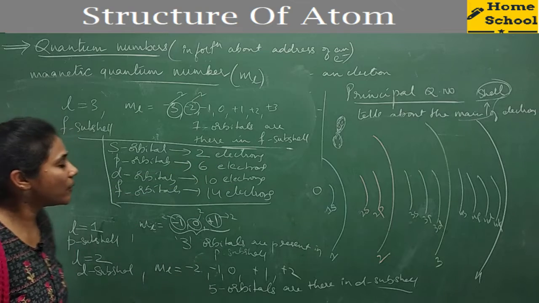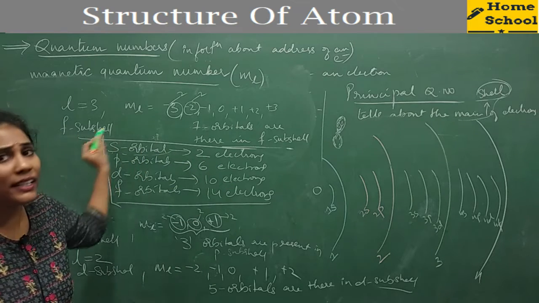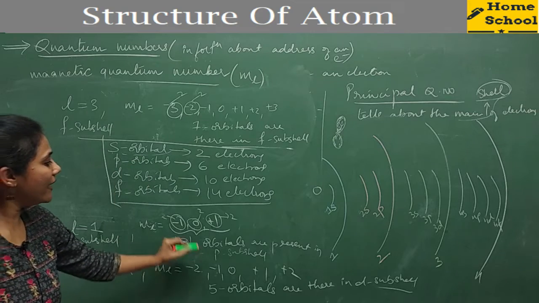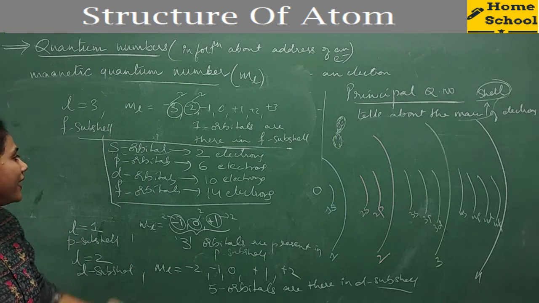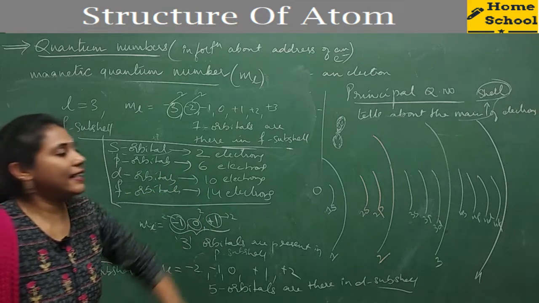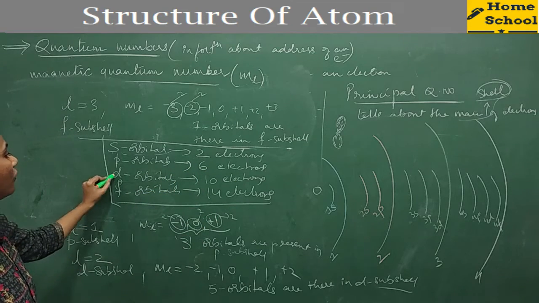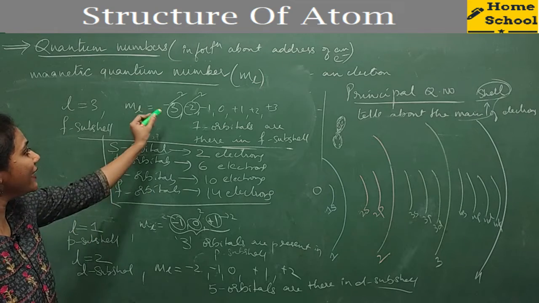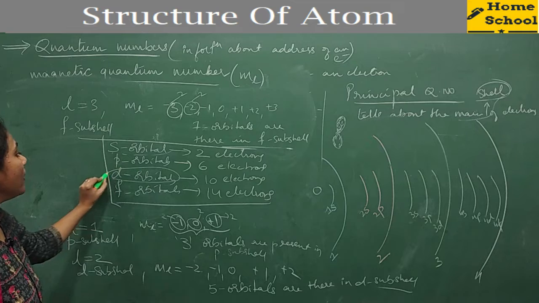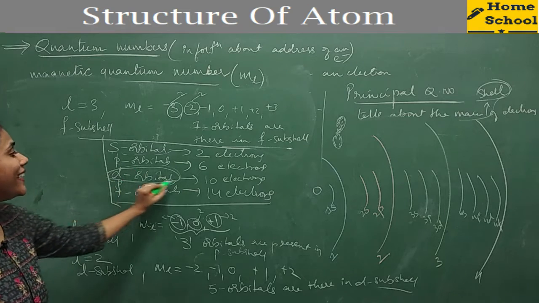So this is how, in one type of orbital, like in the s orbital, only 2 electrons can stay because it is a very small town. In p towns, how many p towns are available? 3 are available, so in 3 p towns altogether 6 electrons can stay. And now in the d subshell, how many d orbitals are there? 5 d orbitals are there. That means there are 5 d towns.